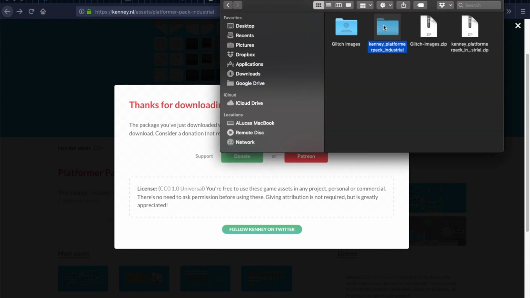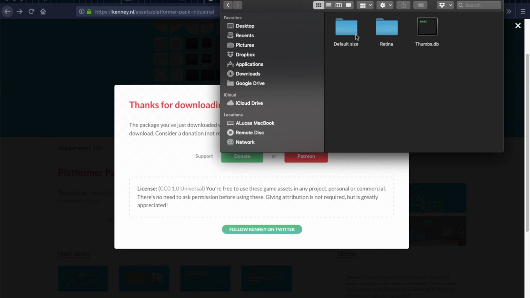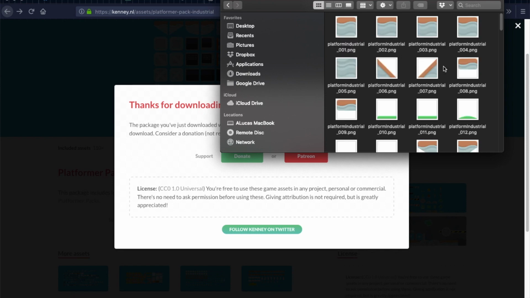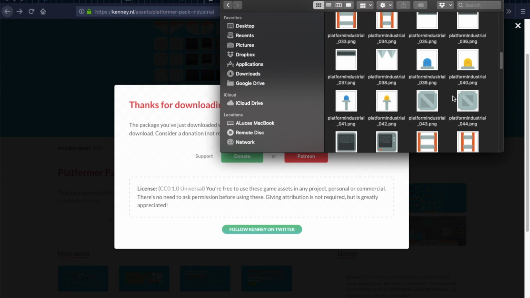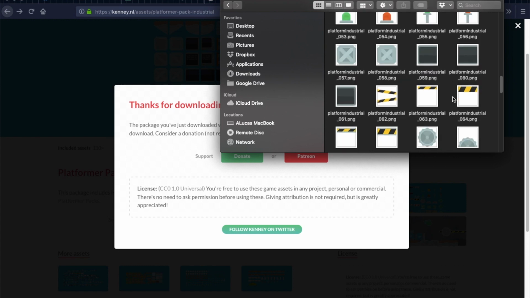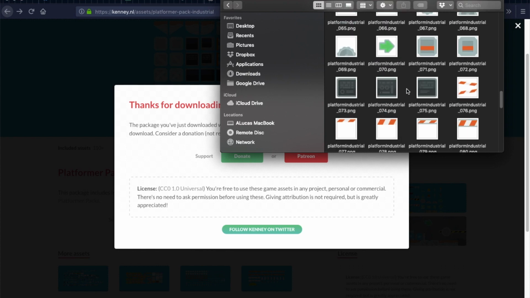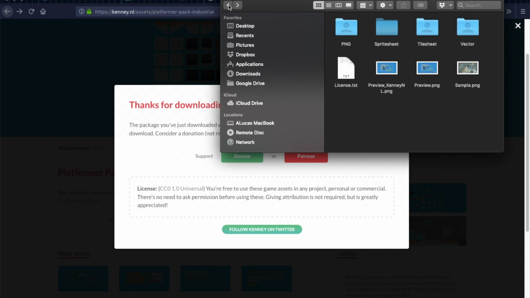So if I unzip that and look at it, it's got all this stuff. It's got my preview on here. It's got the sample. This folder is primarily the folder I'm interested in. It's the PNG file. These are all the image assets basically that I need for my project. And I'm going to take this whole folder,